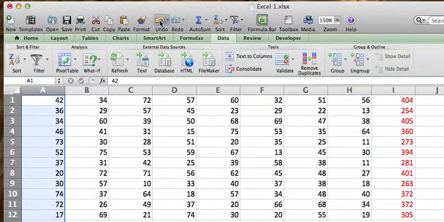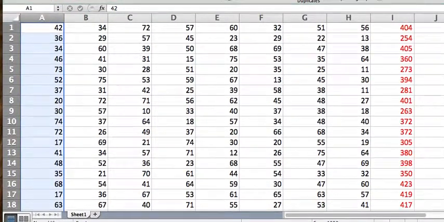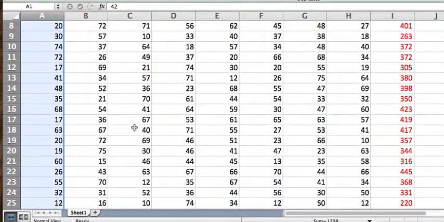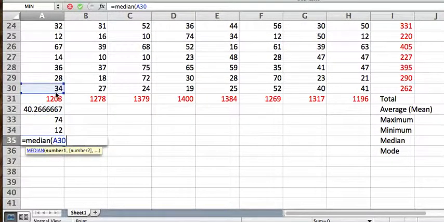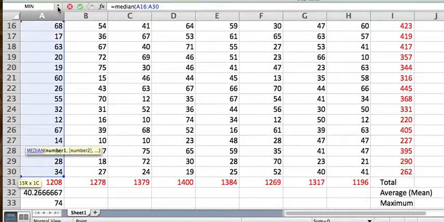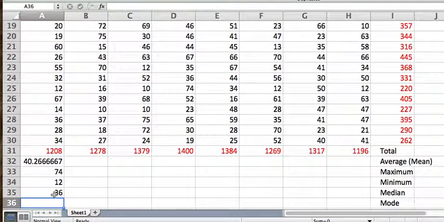Okay, so I'm just going to undo it. My numbers are not in order anymore, but rather the way they were before. And if I scroll down now, and I put in a formula here where I want to find the median, so I would put in an equals sign, MEDIAN, and I put an open bracket or parenthesis, select the section that I want, meaning from A1 up to A30, close the bracket, enter,